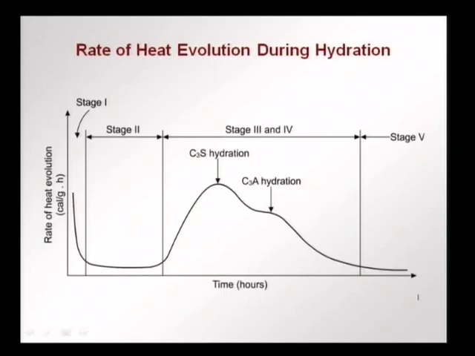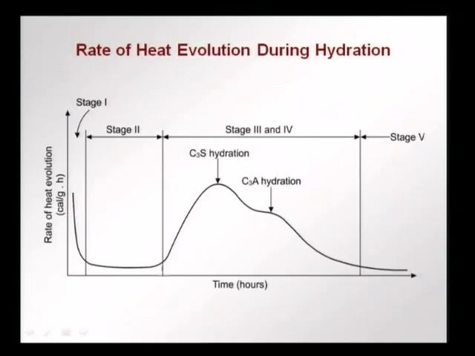We also saw in the reactions that all of them were exothermic, there was heat evolved, and if we look at the rate of heat evolution over time, we have a graph such as this, where we have an initial stage that occurs very early as soon as the cement and water are mixed, or when concrete is mixed with water, there is a first peak that occurs due to the primary formation of ettringite. Then afterwards there is a dormant period,